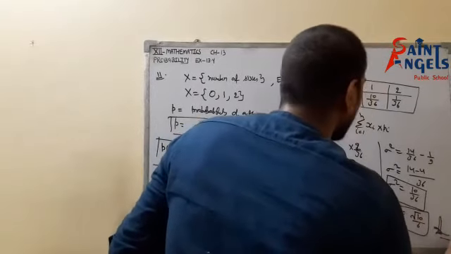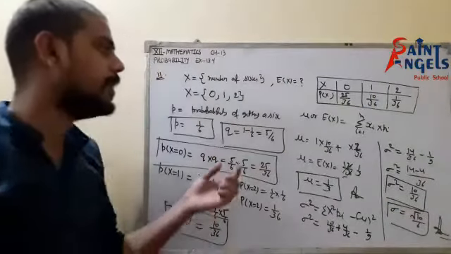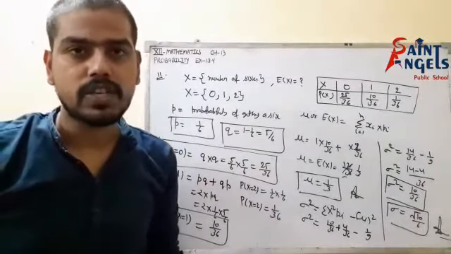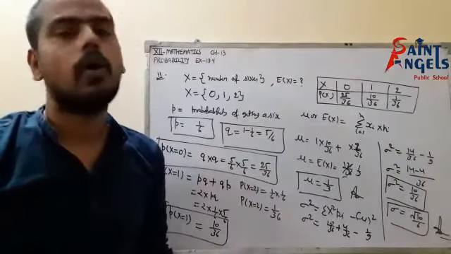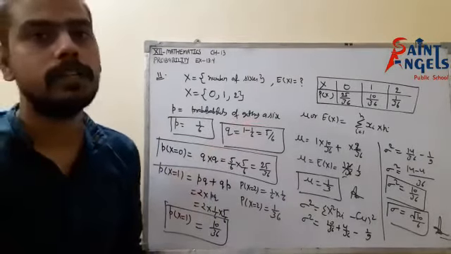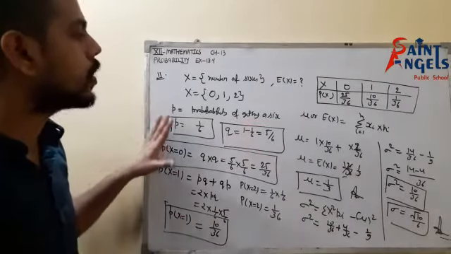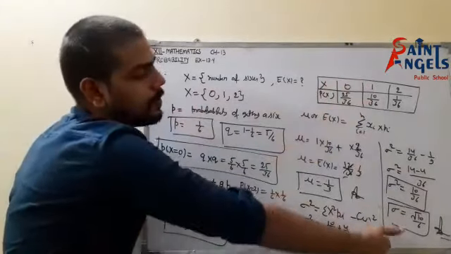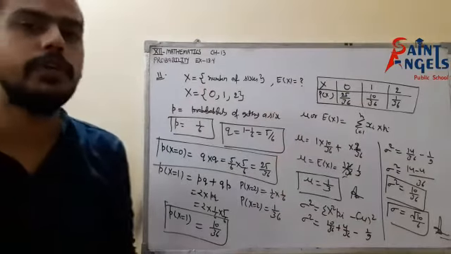Now I will not solve any questions on the basis of mean and variance. You have to do that by yourself. Whenever you get a term like expectation or mu or mean, you have to use all these formulas. This one question is big enough to solve questions like that. First of all, you have to make the probability distribution, then just apply the formula and you're good to go. Now please pause the video and note it down.